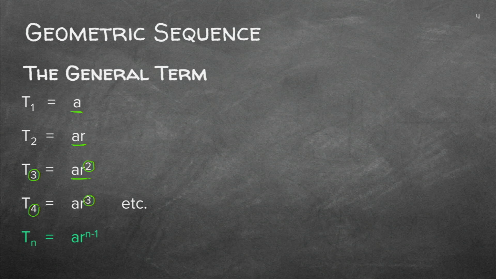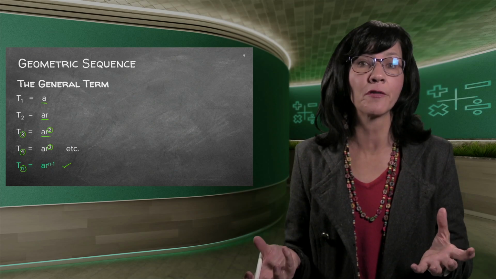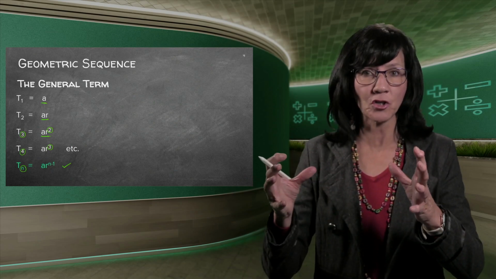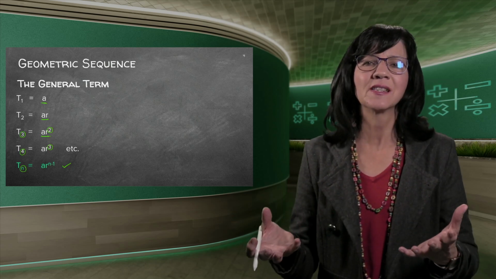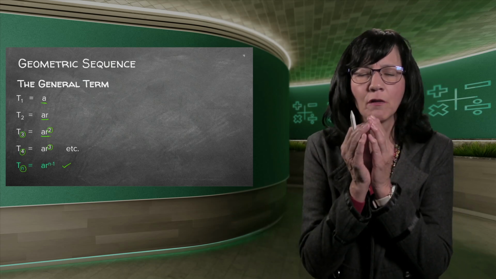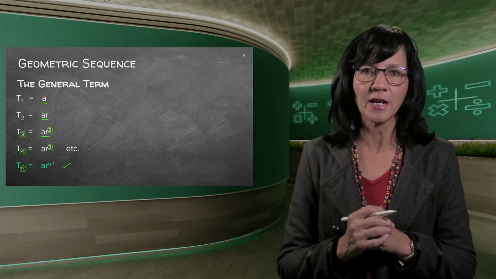So if I get to my nth term, what will my formula be? It will be A times R, so it's just AR. We don't put a multiply or a bracket. We know there's a multiply in between. And the exponent will be 1 less than the little footnote, like in the previous examples. So this is my formula, AR to the n minus 1 for a geometric sequence. It's actually much easier than the arithmetic one. If you remember, the arithmetic one was much longer. So geometric sequence is actually in the end easier because it's a small little formula. You do it and you get your answer.